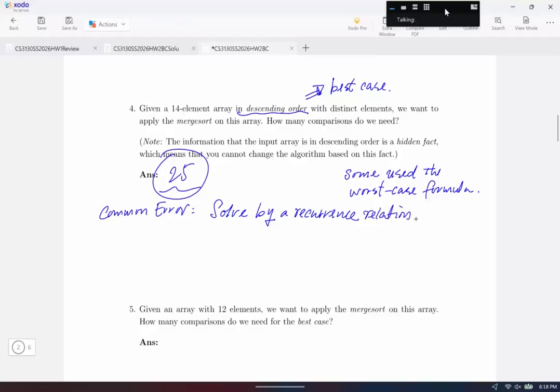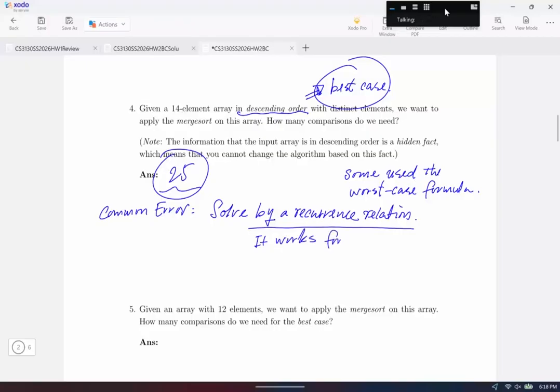Why is this method problematic? Because when you apply a recurrence relation for this question, it's correct, because it corresponds to the best case. It's correct. So when you use a recurrence relation, it works